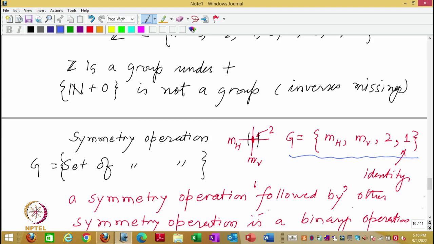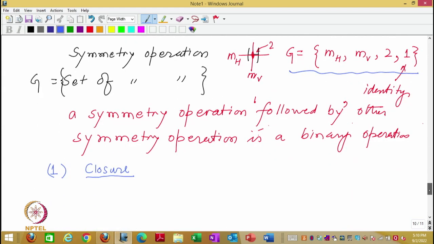So, in my list of symmetry operations of H, I cannot miss the combination of MH and MV, because MH is leaving H unchanged, MV is leaving H unchanged. So, how can MH followed by MV not be part of that set? That is also leaving it unchanged. So, that also should be a symmetry operation, but I have not written MH combined MV. So, closure demands that